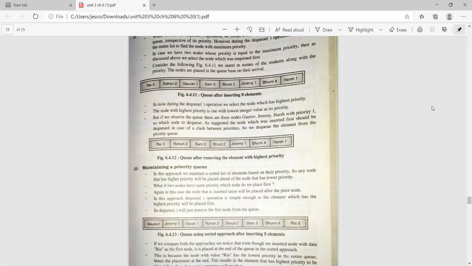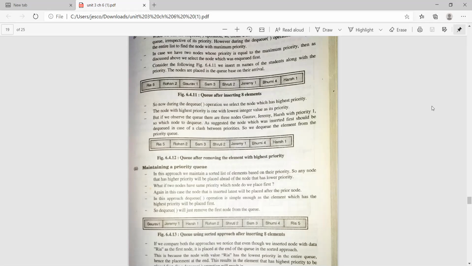That means every higher priority node will be placed ahead of the node that has the lower priority.